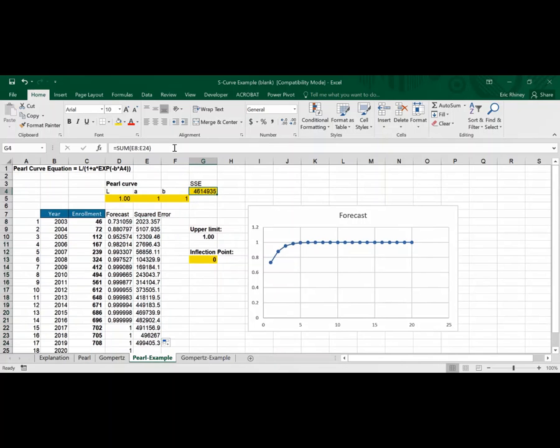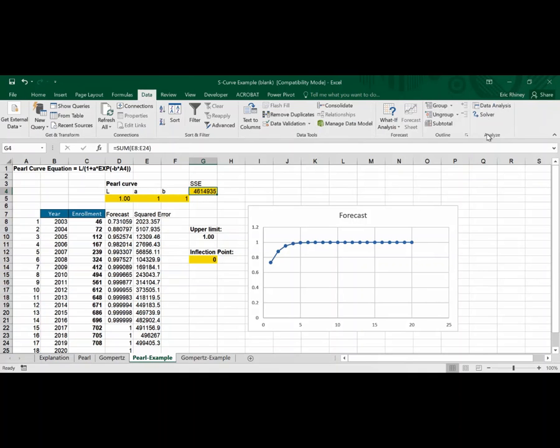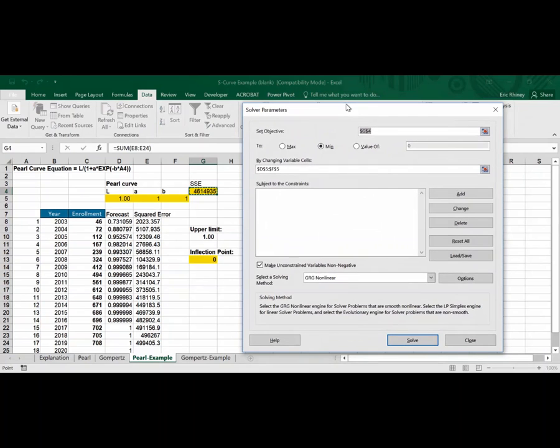So I'm summing these errors here, and what I want to do is minimize this. So I want Solver to find the numbers that will make this forecast match what actually happened, such that the sum of squared errors will be very close to zero. All right, so let's go into Solver. And again, I worked through this to make sure it works. So I already have this in here, but we are going to look at our total SSE. We want to minimize that by changing these three numbers, and we're using our GRG nonlinear. I hit OK,